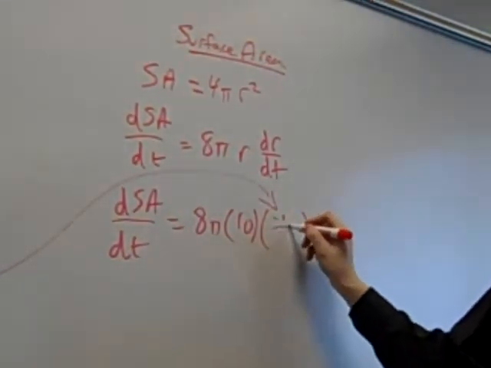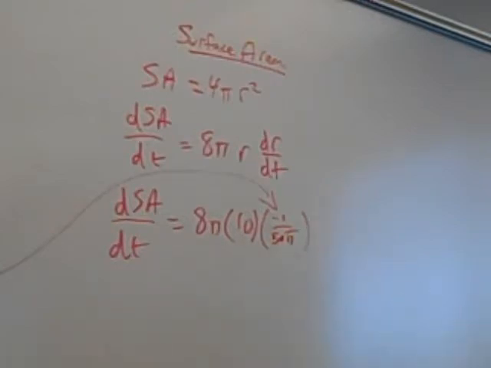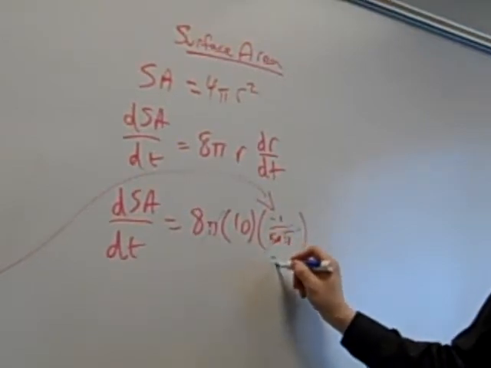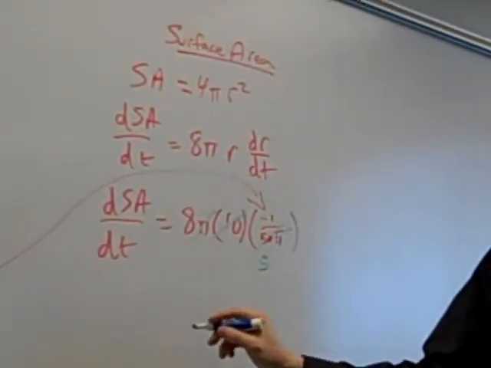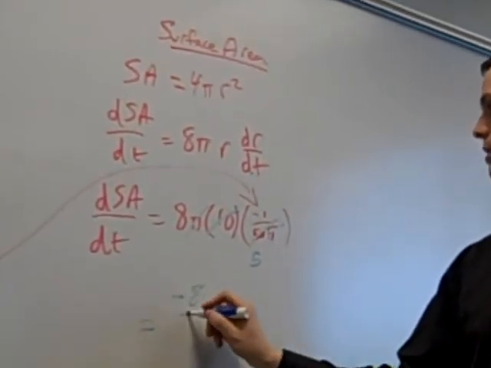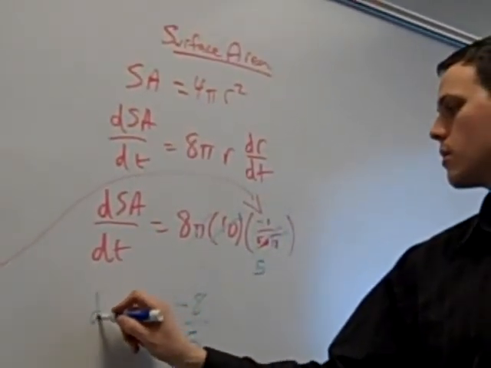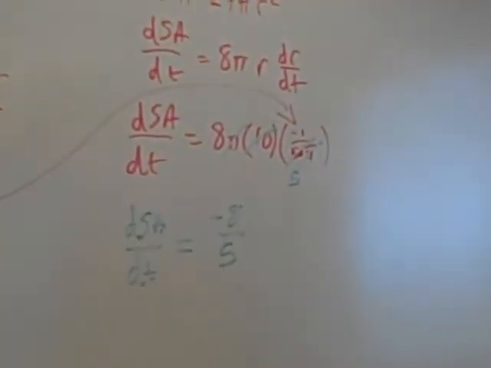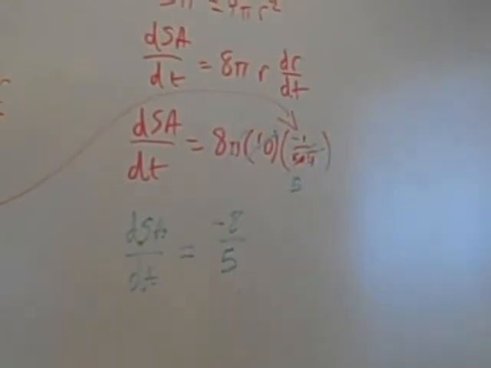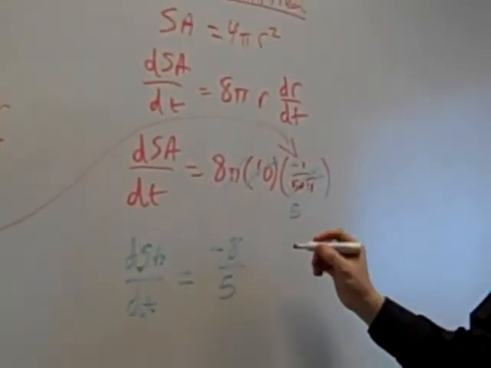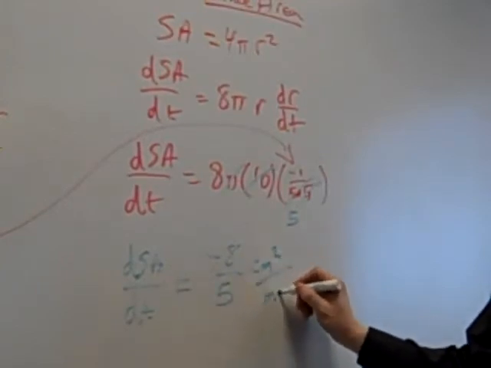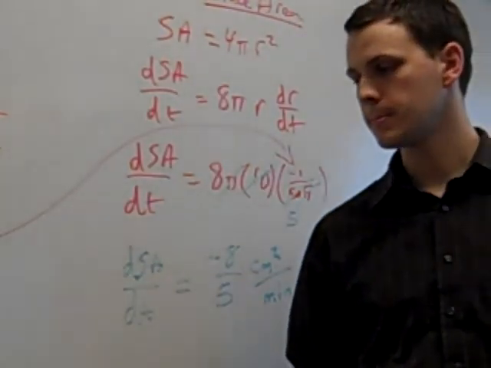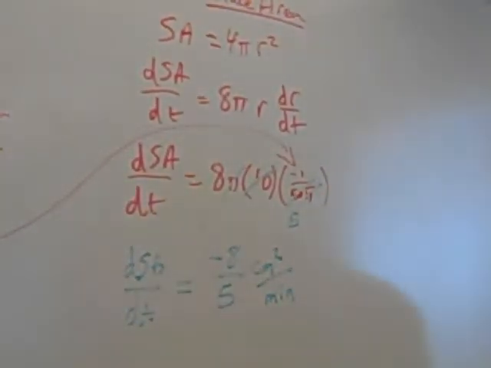So this is negative 1 over 50 pi. And things start canceling. The pi's cancel. The 50 becomes a 5. That cancels. And so we get negative 8 over 5. And then what do you think our units will be? Is it centimeters squared? Sure. Is that the answer? Yep. We don't have to do any unit conversions or anything like that? Well, the only initial unit conversion is from milliliters to